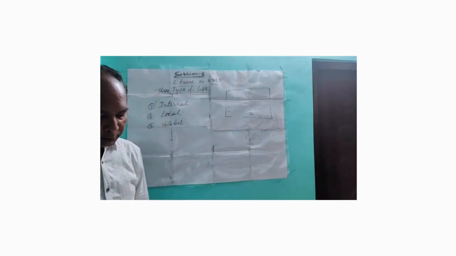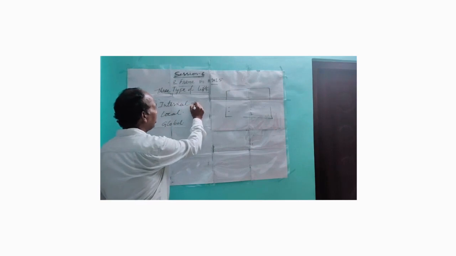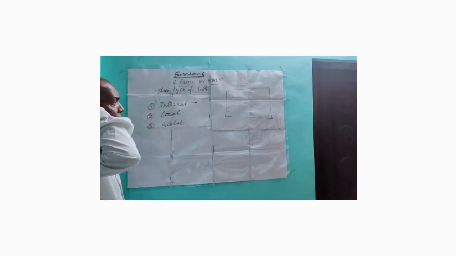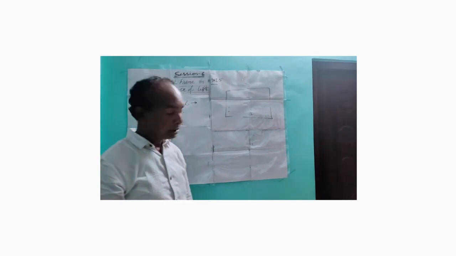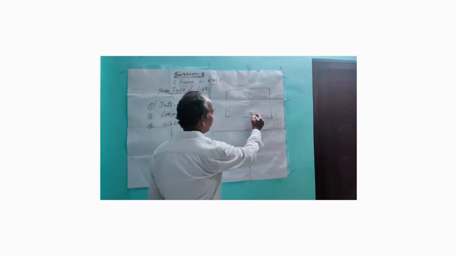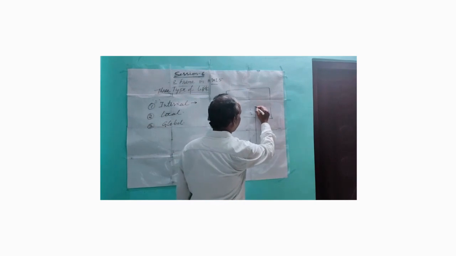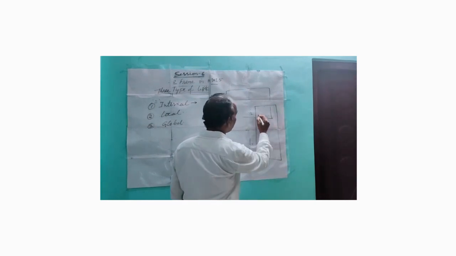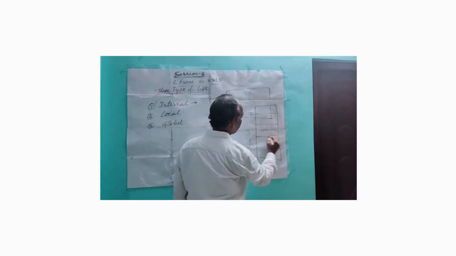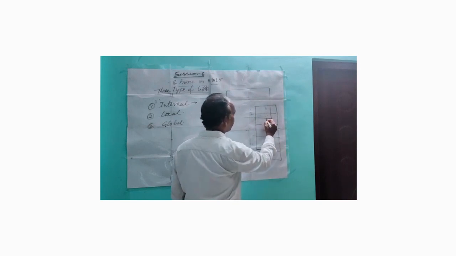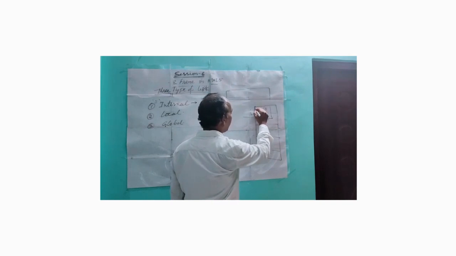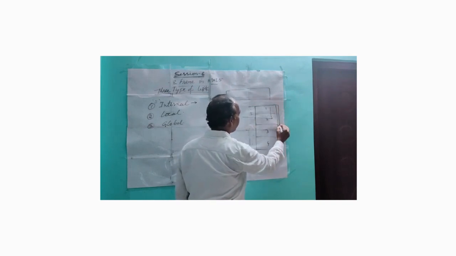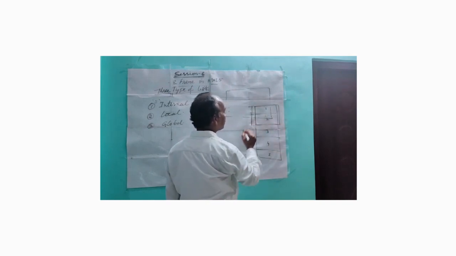Okay. So what is an internal link? Internal link means whenever we link to different pages of the same single document. Suppose this is one complete document. This document has four parts: page number 1, page 2, page 3, page 4, and page 5. Only this part will appear on your screen.